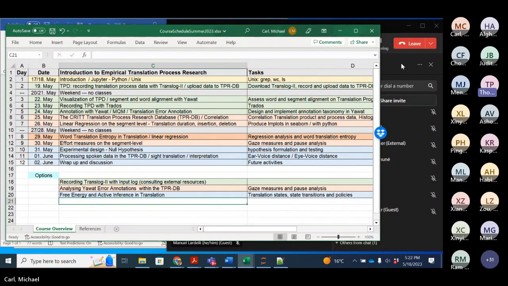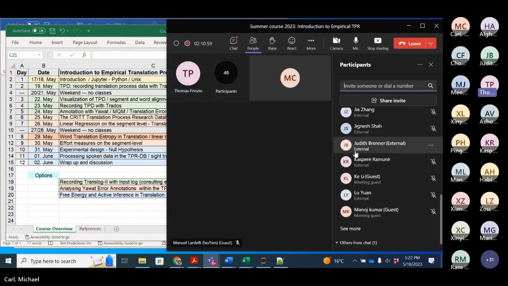I was wondering, if we have difficulty collecting a data set, and especially in my case, I'm hoping to do the key logging, but I know I will not have access to an eye tracking device in the next two weeks. Would it be possible for those of us who do not have our own data to work on a shared data set, so we could watch over each other's shoulder along the steps of analysis? I was wondering if you were planning to provide a practice data set.